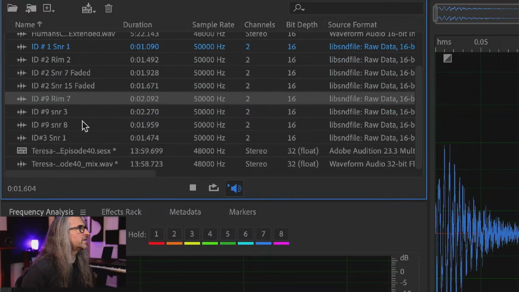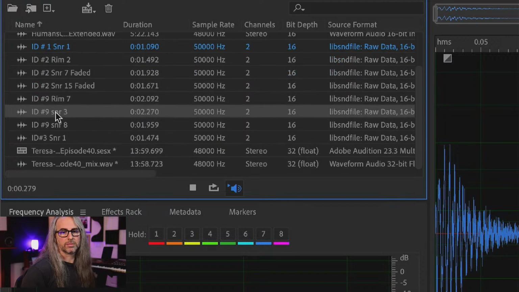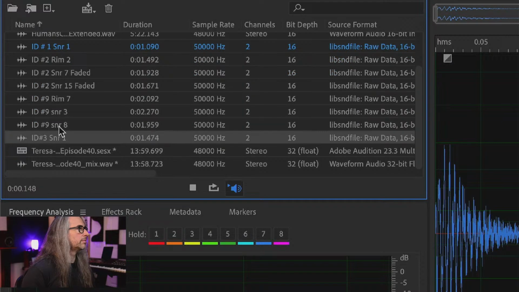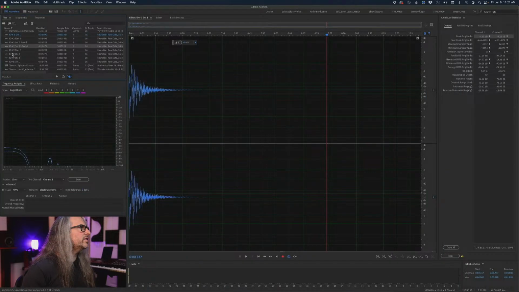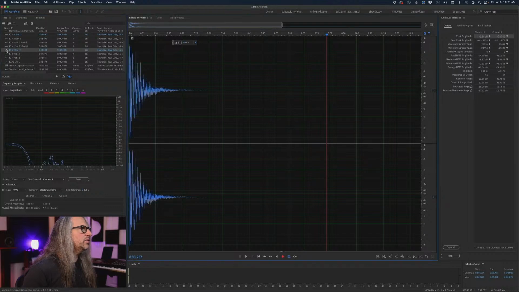Okay, so let me just, I can kind of play a couple of these for you here. They're all very quiet, some quieter than others. Okay. So what I'd like to do, just by looking at a couple of these here, I'd like to normalize them. Again, some are a little bit louder. This one here seems to be peaking just under clipping.